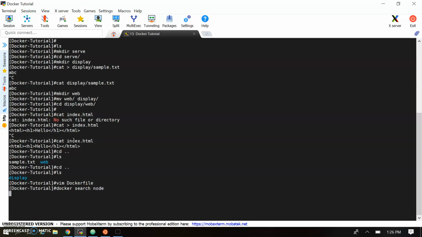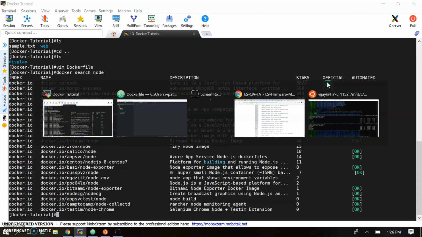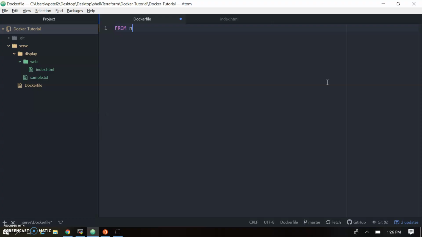This will list the images from Docker Hub, and here we are going to use the node image, which is the official image. You can see here it's an official image. So how can we use it? Here we should write node, that's the image name, and the tag is latest. So we'll use the node latest tag.